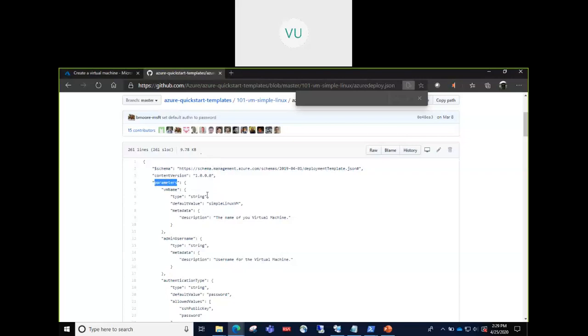If you provide a value, that is the value which will be used to provision your VM. If you don't provide any value, then it will use this default value which is there as the name of the VM. Then if there are any comments you want to add for that particular parameter, you can use the metadata tag and then add a description under that.